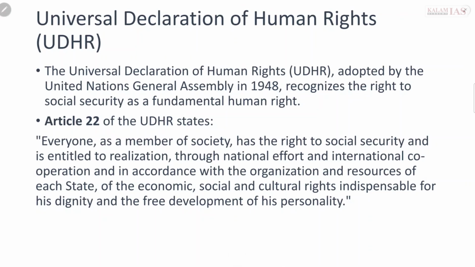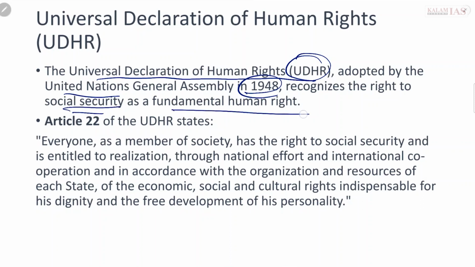Social security has been a very important part of the human rights discourse and the rights discourse in general. The Universal Declaration of Human Rights, or the UDHR, which was adopted by the United Nations General Assembly in 1948, recognizes the right to social security as a fundamental human right. Okay, so please see that this is the entire era when social security and labor rights were getting prominence, because after the Second World War